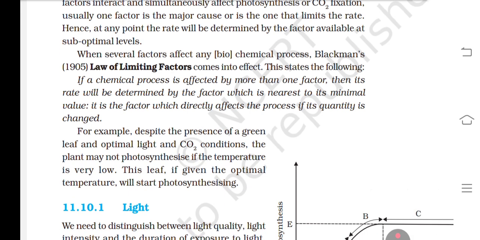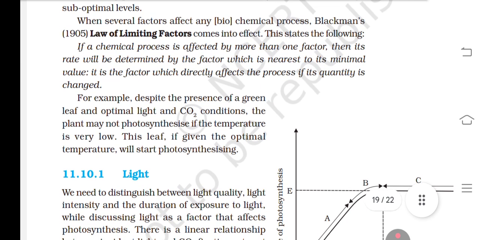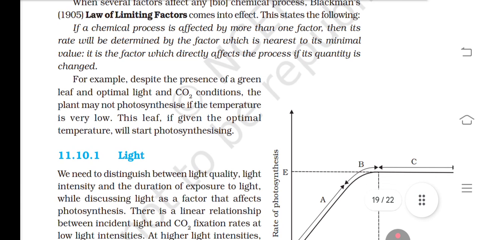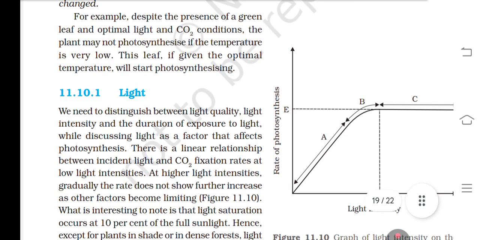When several factors affect a process, Blackman's law of limiting factors comes into effect. This states the following: if a chemical process is affected by more than one factor, then its rate will be determined by the factor which is nearest to its minimal value. It is the factor which directly affects the process if its quantity is changed. For example,